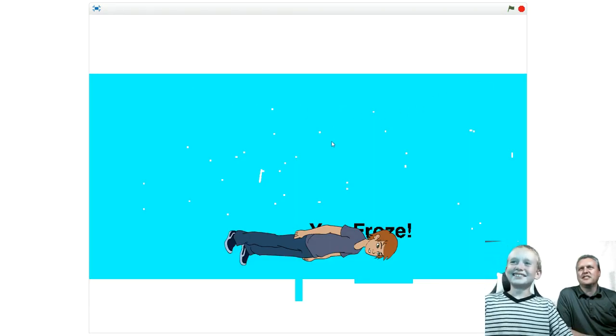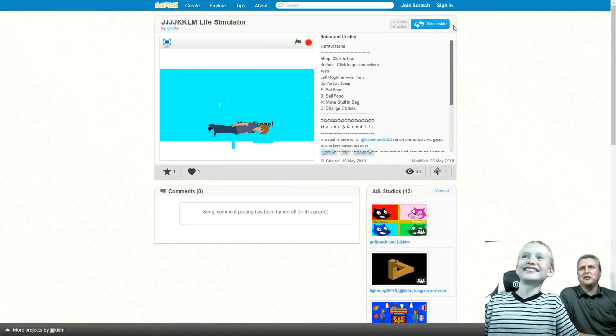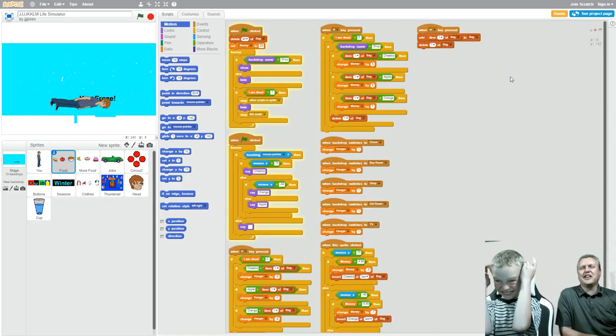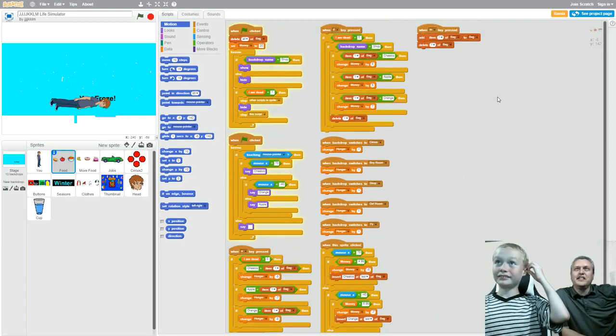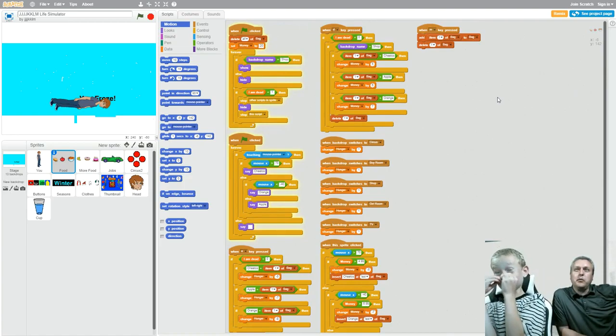You froze. That's what the text is supposed to say here, and it rotates it to indicate that he's now dead. Uh-huh. Well, that's a lot of complicated stuff. I mean, some of the ideas are pretty simple, but you did all of that pretty much on your own. Can you tell me what was the hardest part to try and figure out?